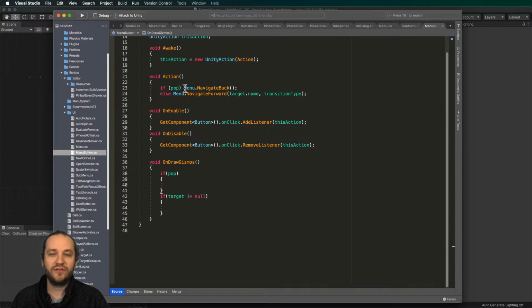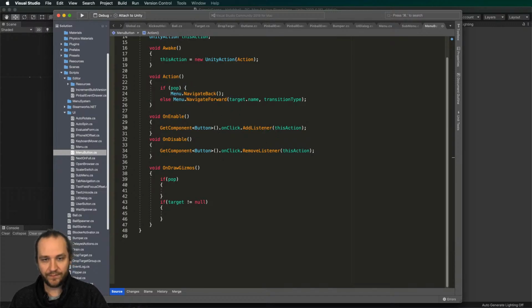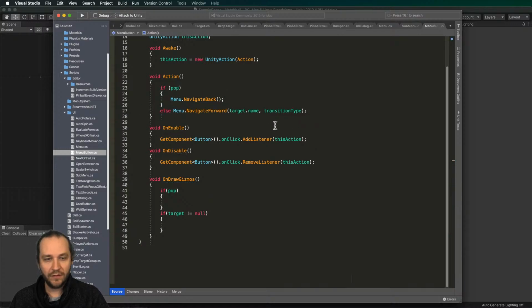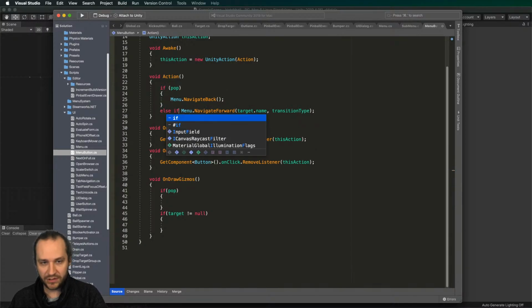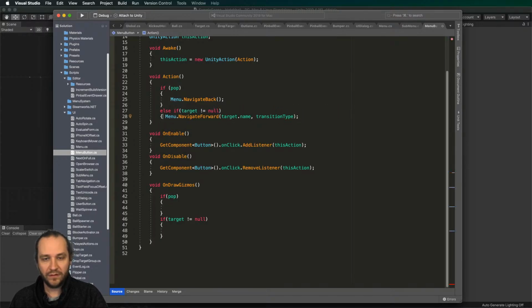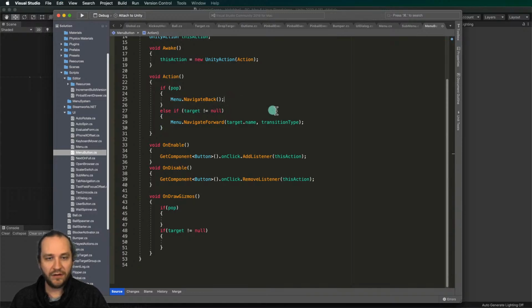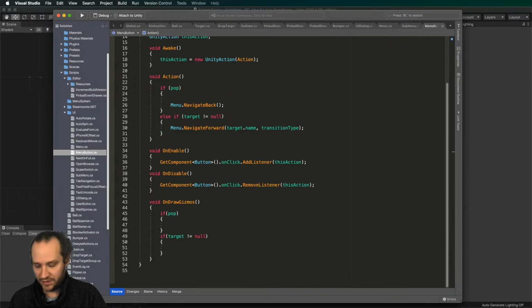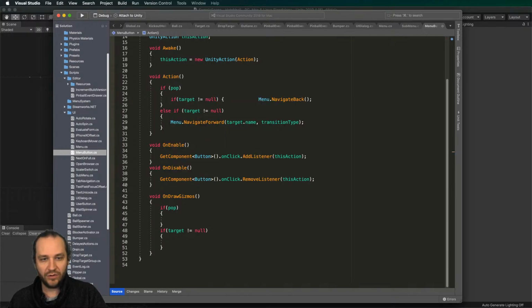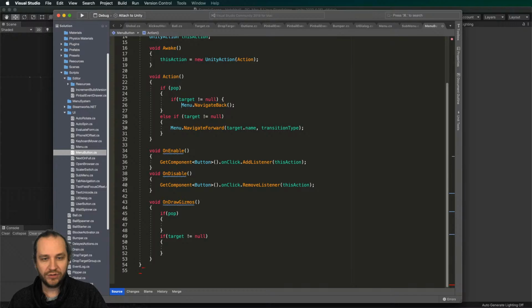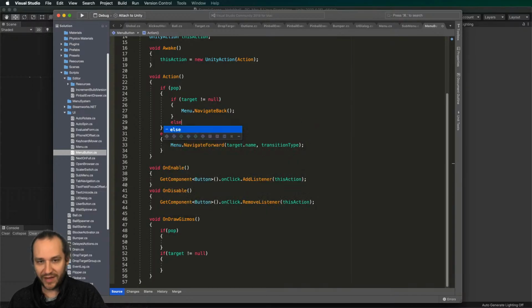There's actually 2 things you can do with pop. Should check this too. Oh, if target is not null, and then navigate back, but it will only navigate back if target is not null, because you can also pop all the way back to